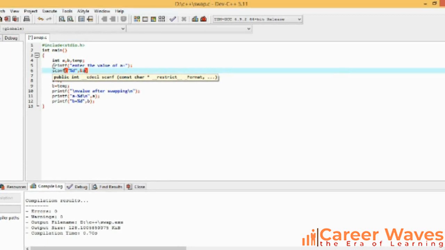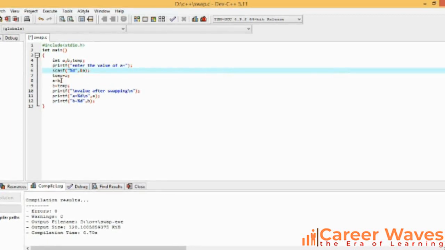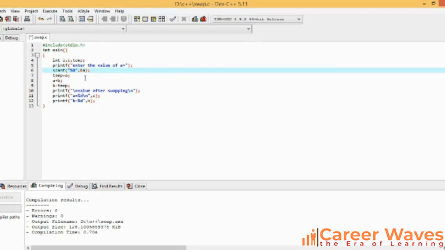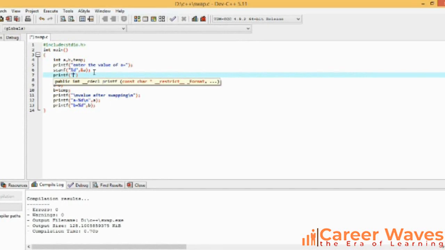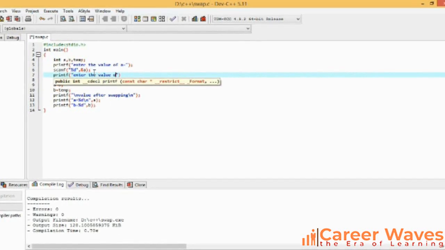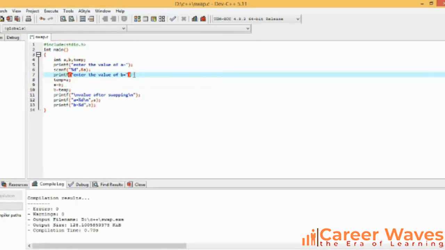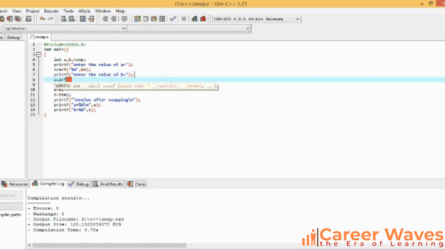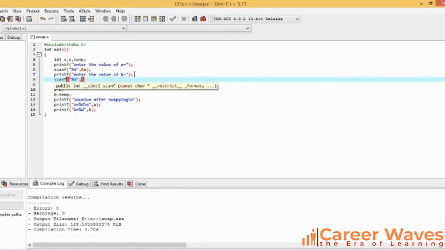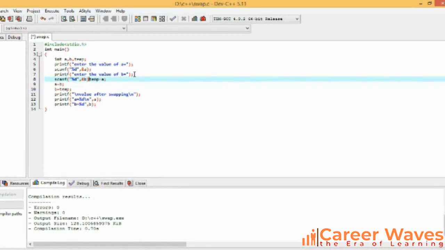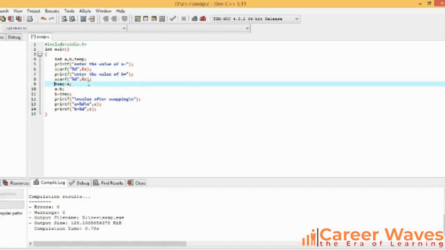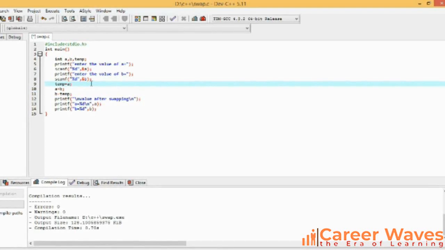Now using scanf, the user can enter the value, and %d stands for an integer value. Again, using scanf, the user can enter the value for b.